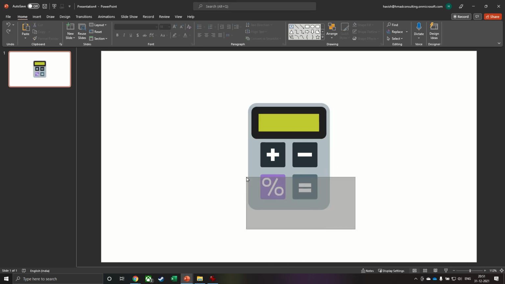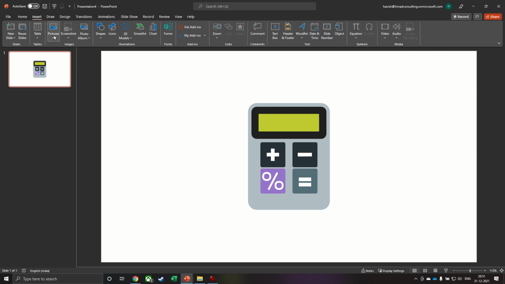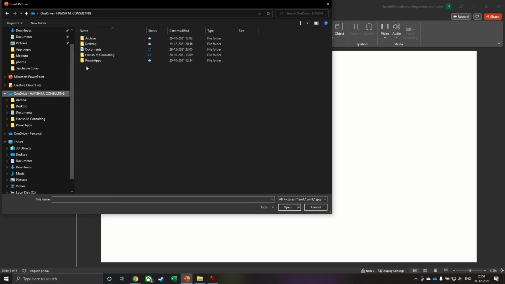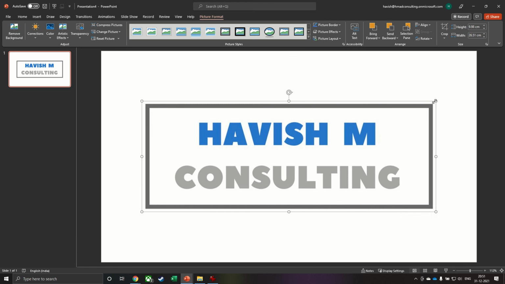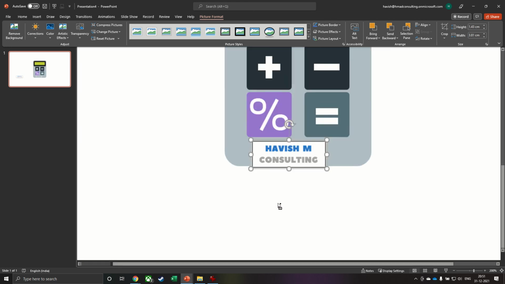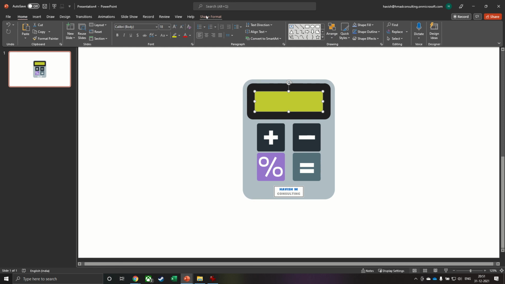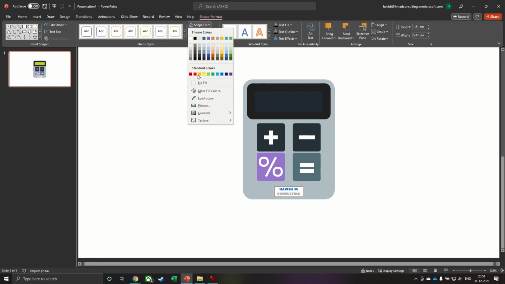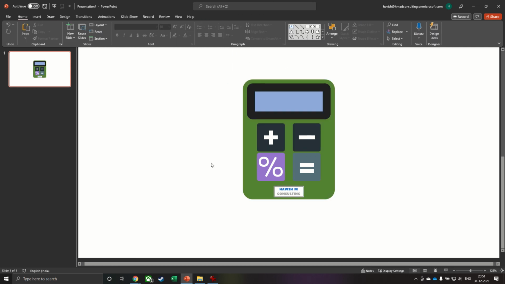So for example, if I want to move these two things a little above, and maybe I want to put my organization logo here. You can easily do that. Now let's say you want to change this color from this retro looking green to a different color. You can go to shape fill and select a different color. Anything you don't like or you would like to move it around.